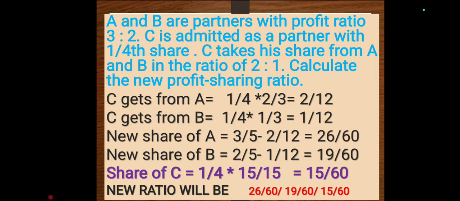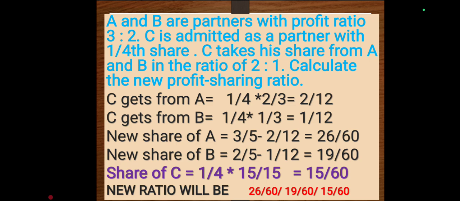Now how will you solve it? First of all, you will calculate what C gets from A and what he gets from B. With the help of this formula, we can easily find out what C gets from A: 1/4, C's share, into 2/3. 2/3 means in the ratio 2:1, A and B are giving something to C. C is getting 1/4 and A is contributing 2/3 of it,